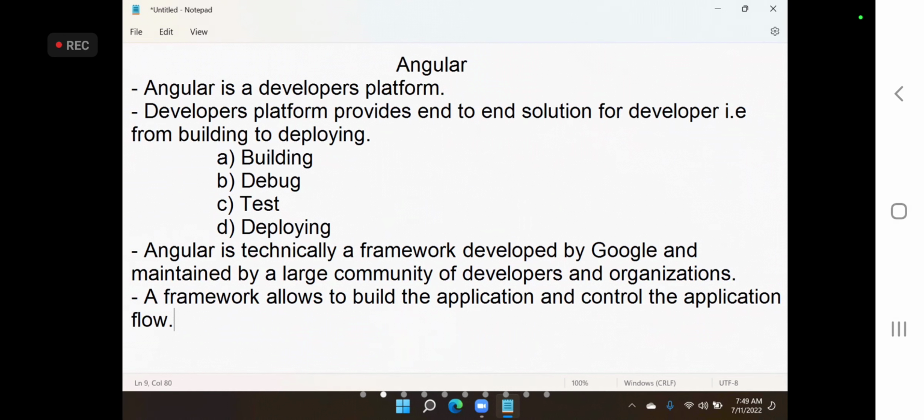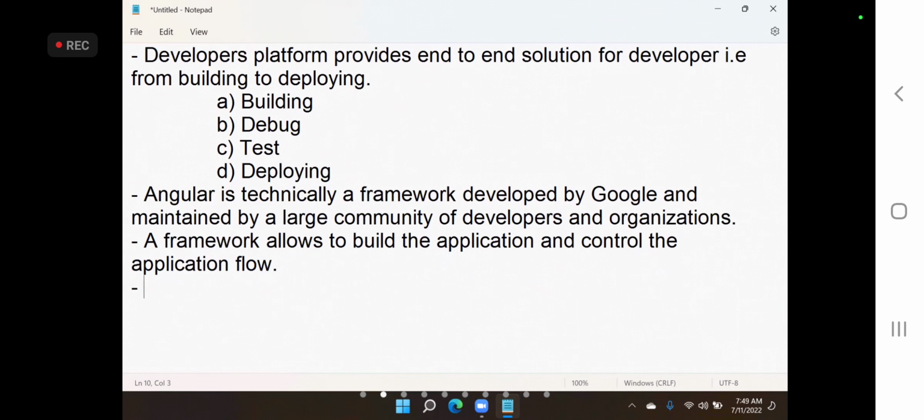Technically, what is the difference between a library and a framework? I told you in the demo, right? A library can just build the application, but a framework can build the application and control the application flow.